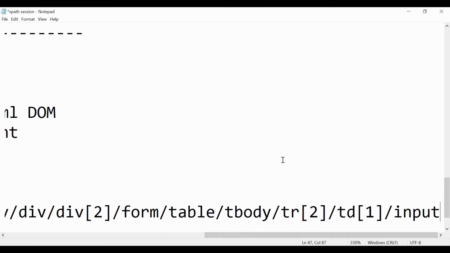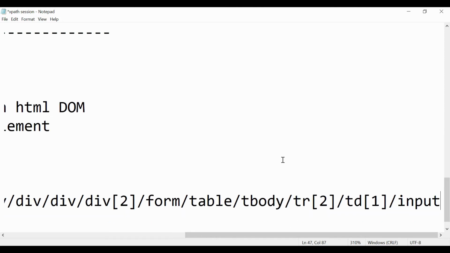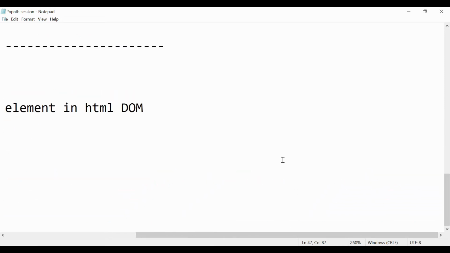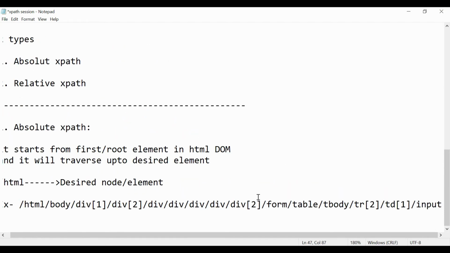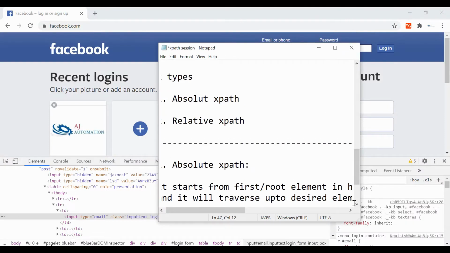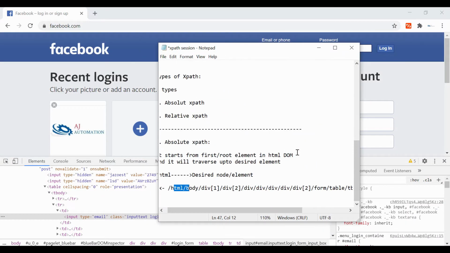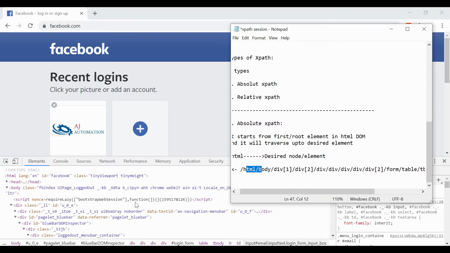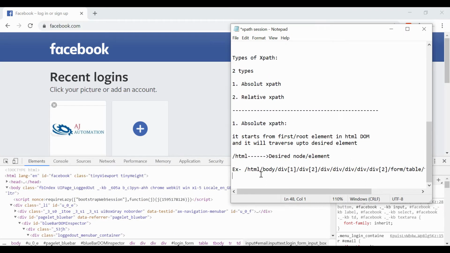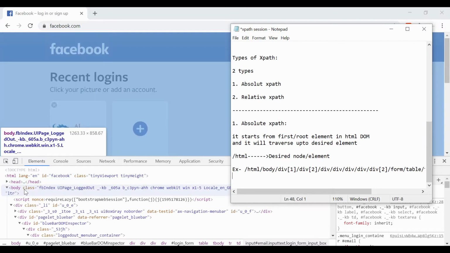As you can see, let me zoom out, you can see the length of the absolute XPath. It starts from HTML, then it goes to body, because our element is under this body.